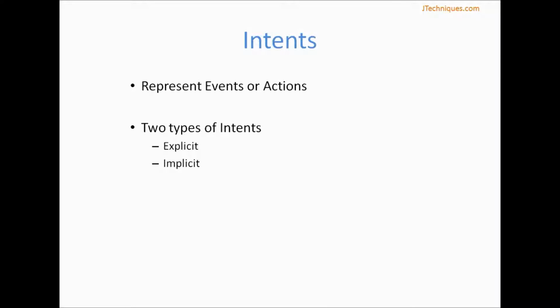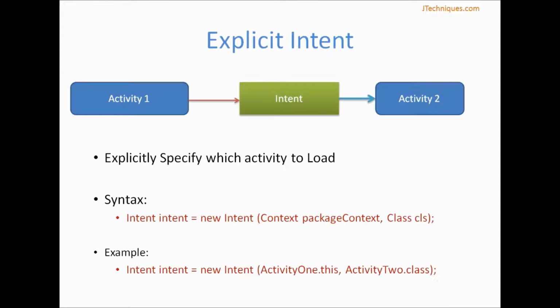To display a new activity, we need to understand something called intents. Intents are something that represent an event or an action. There are two types of intents: the explicit intent and the implicit intent. Explicit intent is something where we specify which activity is to be invoked. For example, if I have an activity called activity 2,